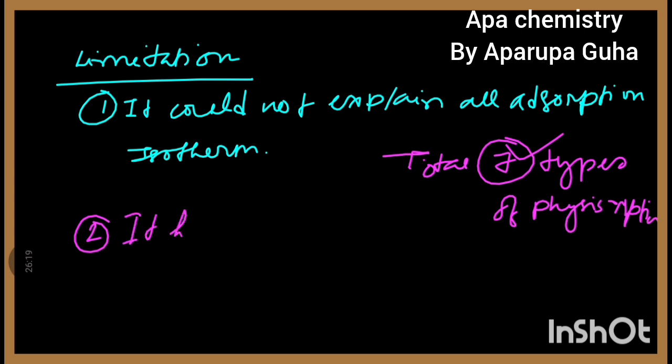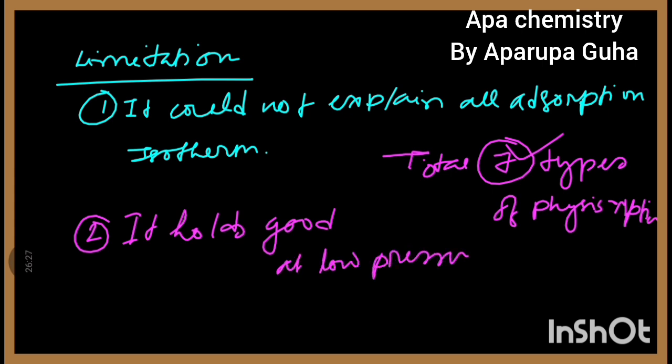it holds good at low pressure. So that means in the high pressure region the Langmuir adsorption isotherm never holds good. Okay, so we have to maintain the low pressure region, and then only the Langmuir isotherm can be used. But when the pressure increases, the utility of the Langmuir isotherm decreases. So it fails when pressure is high. Okay,